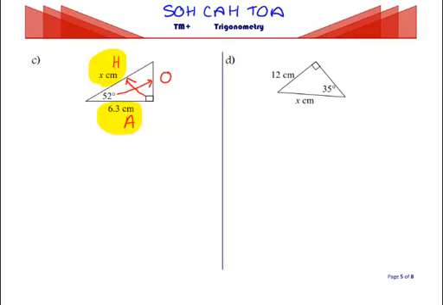So I've got A and H. I go across, A and H is here, so that must be cos. So I write that out. I've got cos theta equals A over H. It's always the first letter divided by the second letter. Plug in what I've got. Cos of 52, my angle is 52, equals the adjacent, which is 6.3, over my hypotenuse, which is my